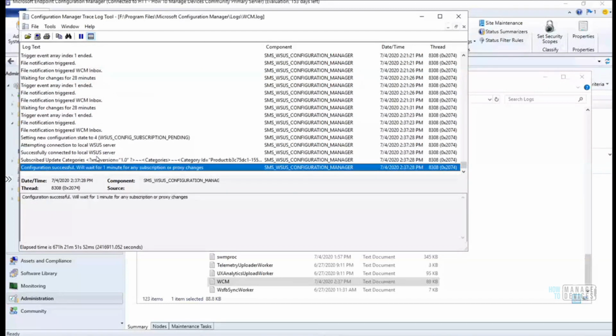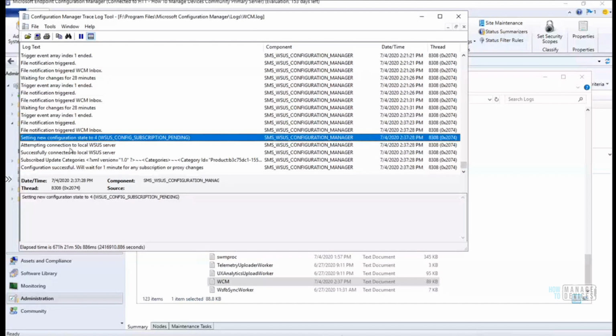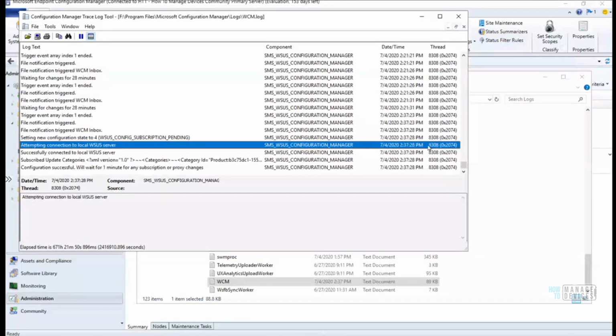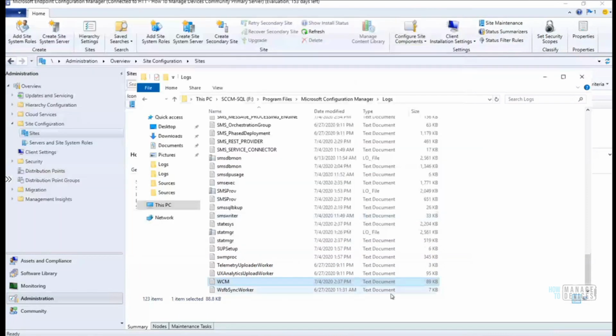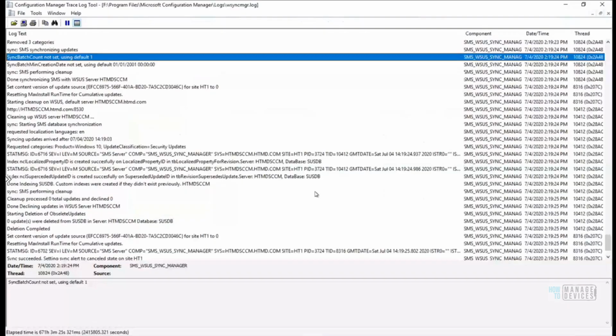So in WCM, it can see something is changed in the configuration. Setting new configuration state to 4. Okay, that is latest, right? So we selected one category, sorry, product. That is the one change which we want to check, and it would be available in